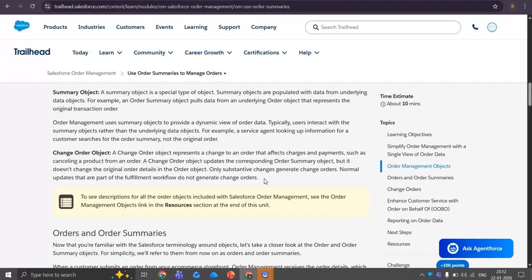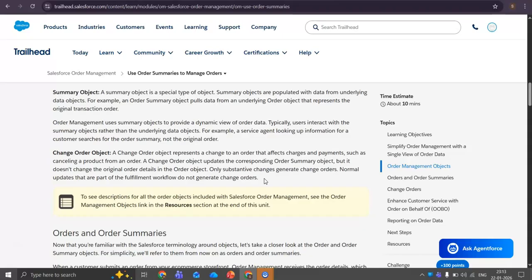Suppose consider I am the customer, and I got a product, but it is having some issue, nothing but the product is not working as expected. So in this case, I'll raise a case to the support agent, or I'll contact the support agent, and as compensation they will give some discount to me, like an adjustment. So again, from the OMS, we need to give some discount, or we need to refund the amount back to the customer. Okay. So again, there is some financial change.